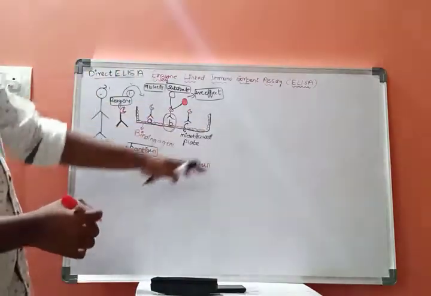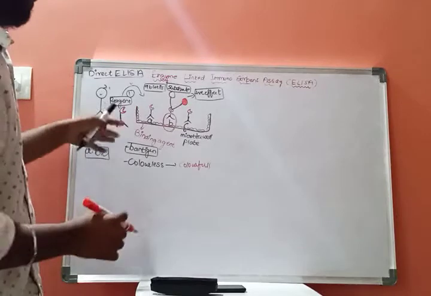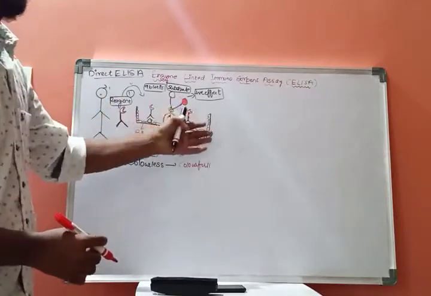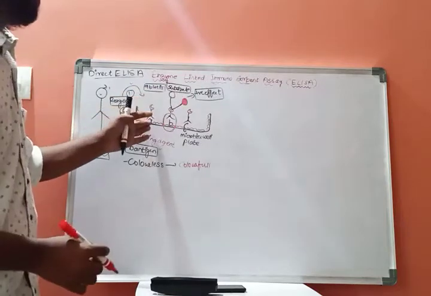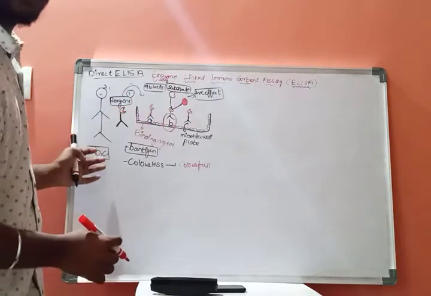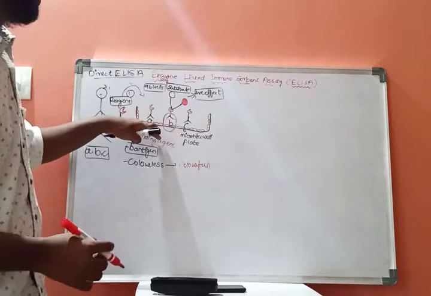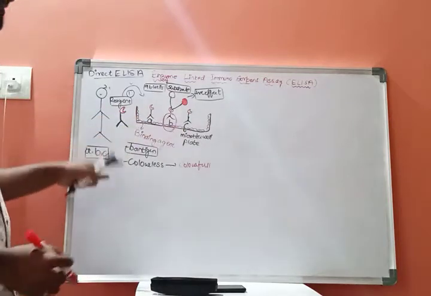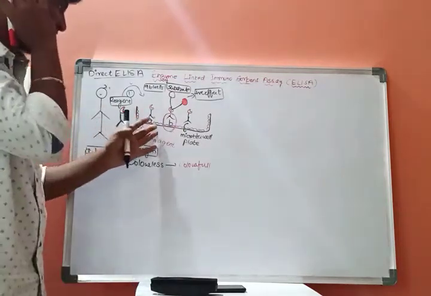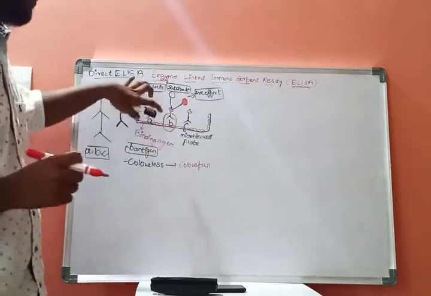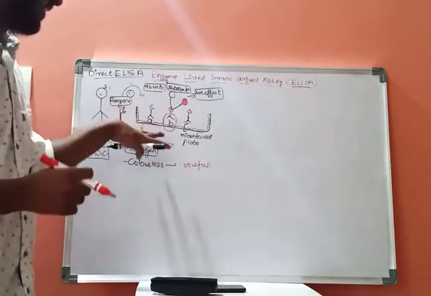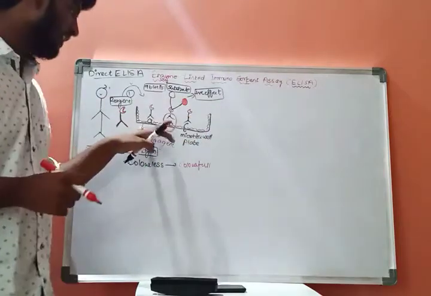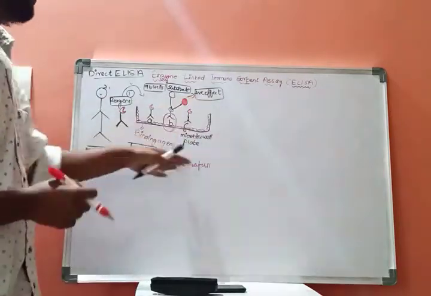This type of ELISA is called direct ELISA. First we take a microtiter plate which contains 96 wells, and we take serum from a patient, which contains A and B types of antigens. After adding this antigen serum to the microtiter plate, we should add a binding agent. The binding agent will bind the microtiter plate where the antigens are not present.